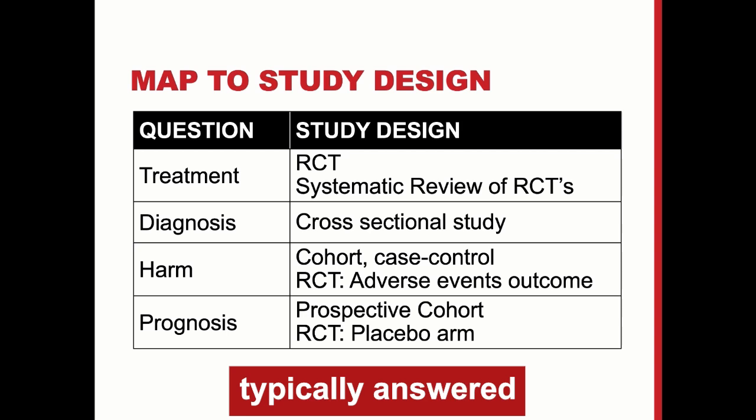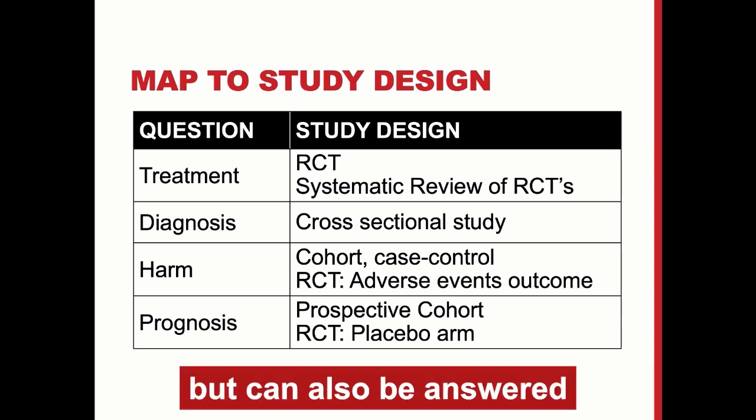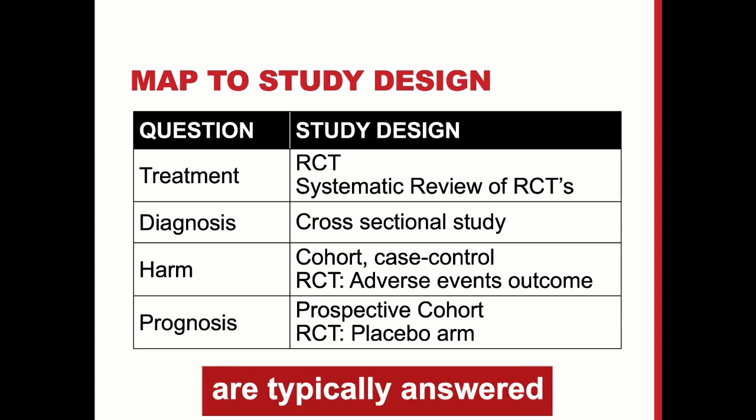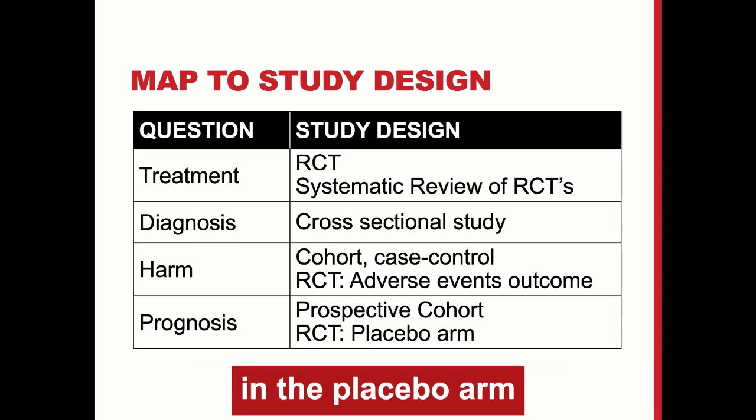Diagnosis studies are typically answered by cross-sectional studies. Harm studies are typically answered by cohort or case control studies, but can also be answered by the adverse events outcomes in randomized clinical trials. Prognosis studies are typically answered by prospective cohort studies, but can also be answered in the placebo arm of randomized